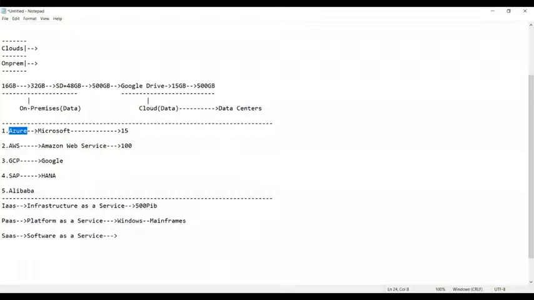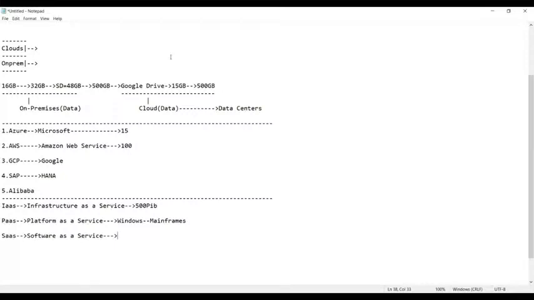Getting my point? Simply, do we need to pay the cost? Simply, we need to pay the cost. Cost is mandatory. So you have to pay the cost for that. And this billing will be done on a monthly basis or hourly basis, weekly basis, daily basis, based on your comfort.